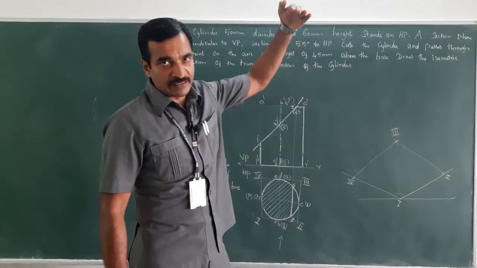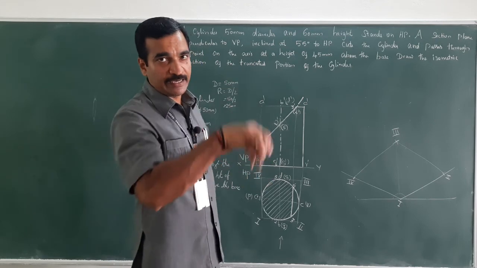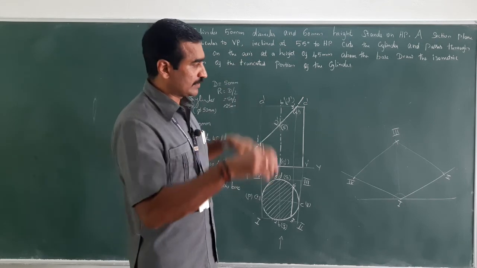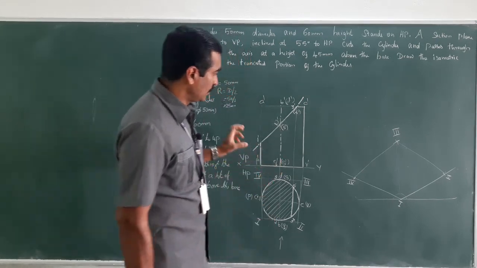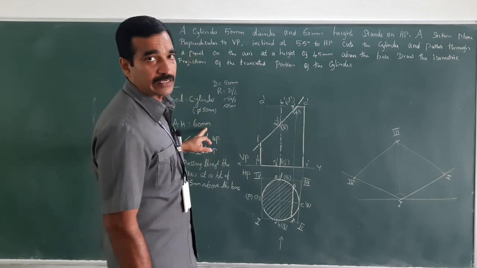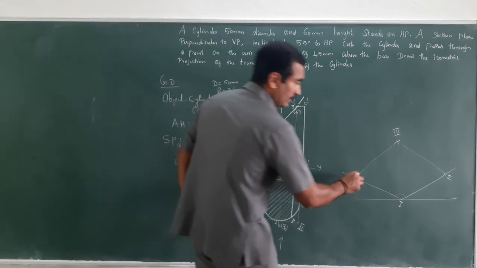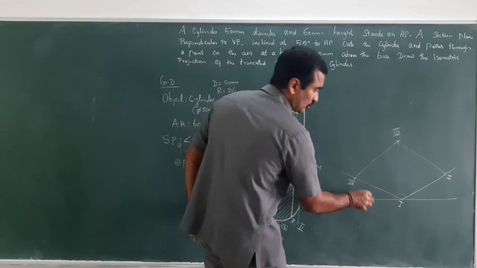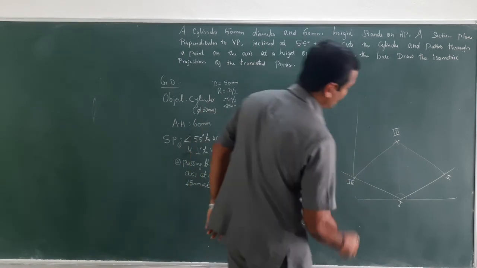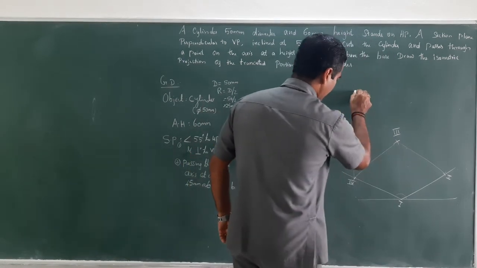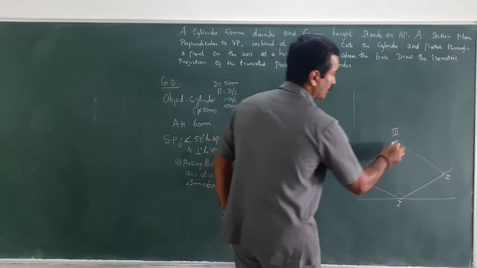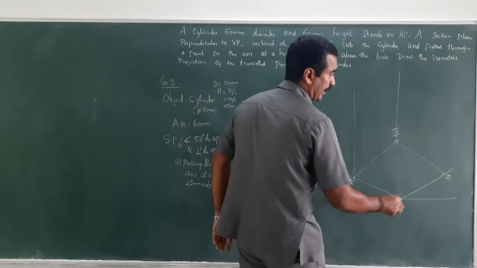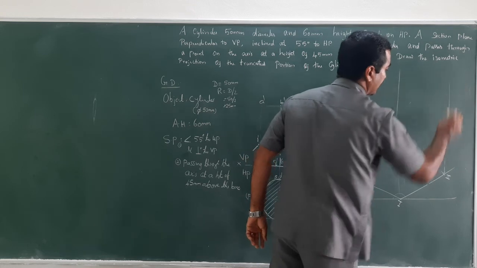What about the top face? For which I will have to draw the box, that is, the side needs to be drawn, right? What is the axis height here? Axis height is 60 mm. So draw a perpendicular line to the base, from here, perpendicular line, and from point 2 a perpendicular line.